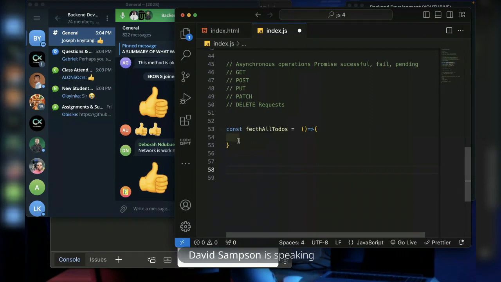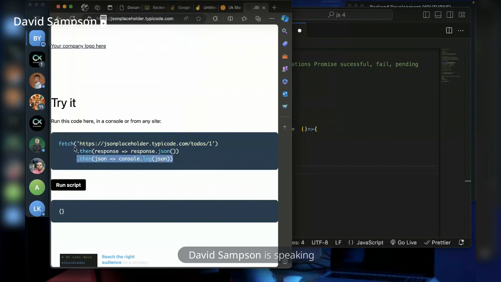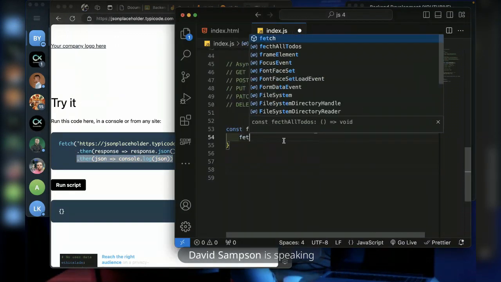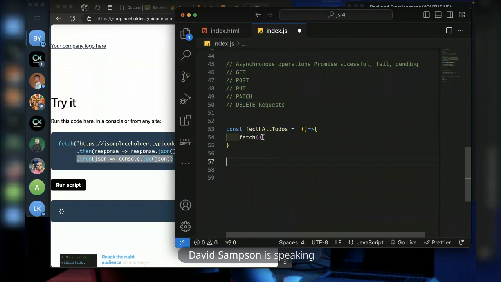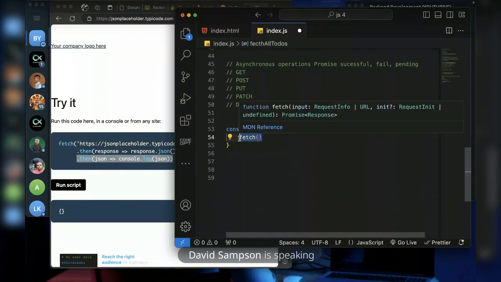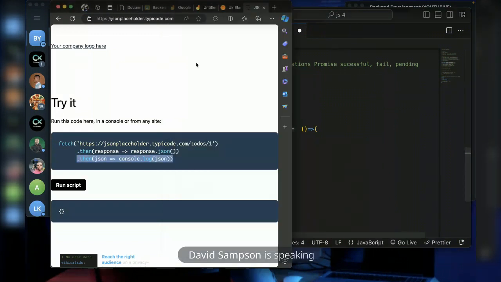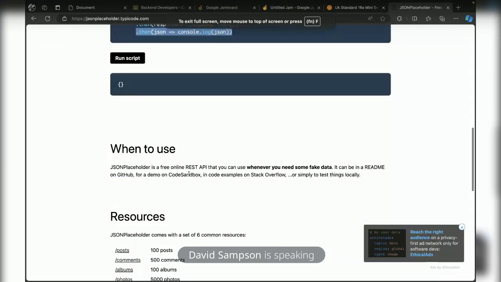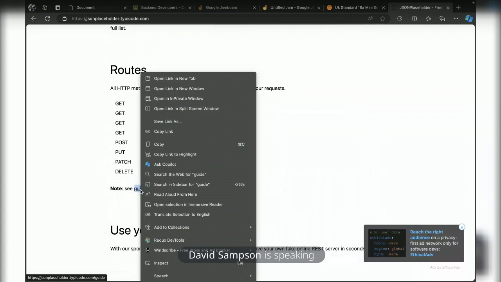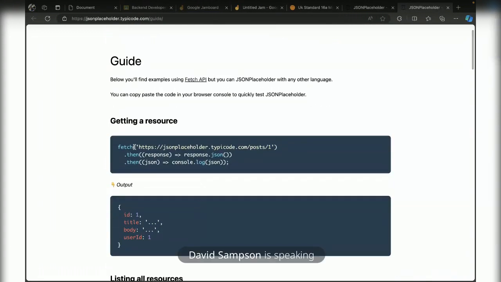The first thing you need to do is indicate here that I want to make a fetch request. So you type fetch like this. Now, by adding fetch without indicating what the method is, automatically the method is a get request. So let me explain what I mean. I think it is actually here. See guide. Let me open this in a new link. Yes, so this is what I'm trying to explain.